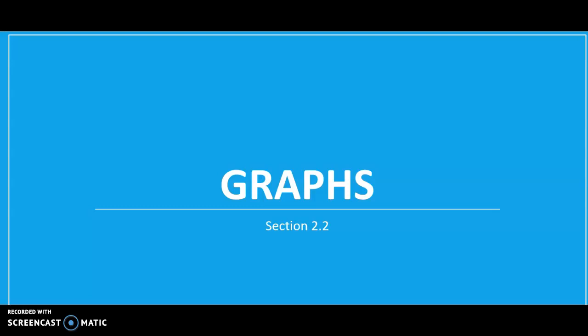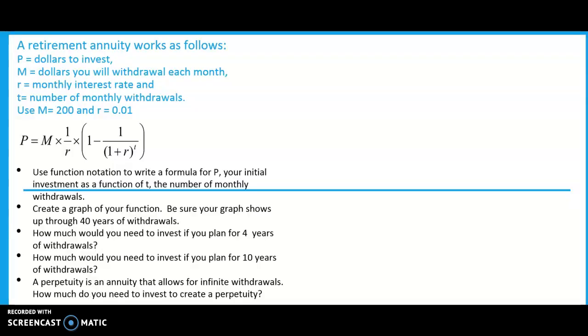Hello, today we are looking at graphs and we're going to look at a pretty complicated example. We're going to use a graphing calculator to help us create a good graph for this particular problem. Our problem is a retirement annuity, and for an annuity, P is the dollars to invest, and our formula down